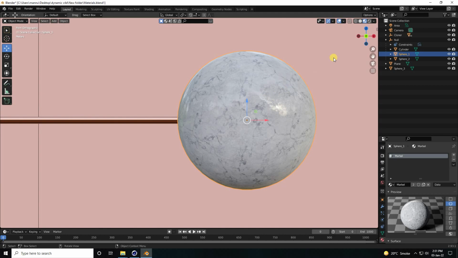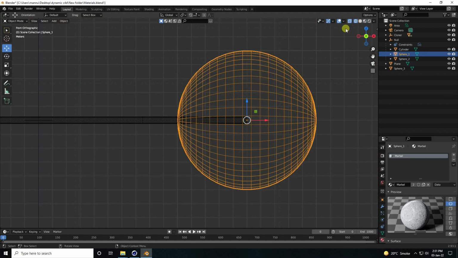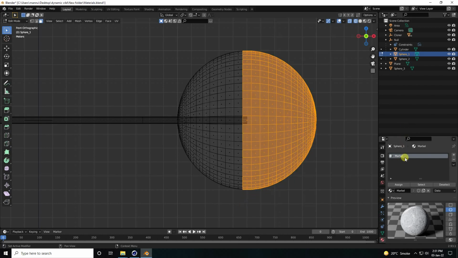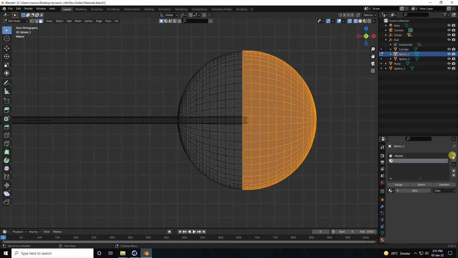And now guys, go to here, wireframe, and go to Object Mode to change Edit Mode, yeah, and select the half sphere and go to here, Selection, guys, half selection like this, and click on here second one, add material slot, and apply pink material and assign material, check.